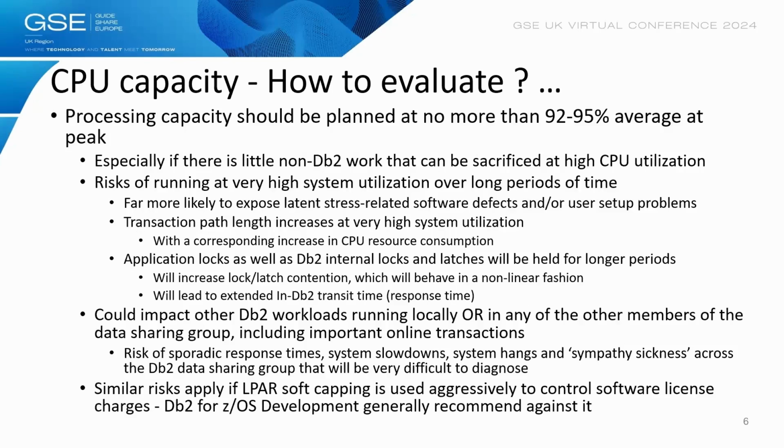So in general, capacity should be planned this way. For safety, not more than 95% CPU busy. At least you should have one general CP which is not occupied. It also depends on the number of processors that you have. If you have 10 processors, then your target utilization should be no more than 90%, right?